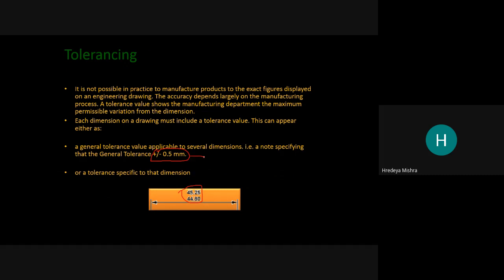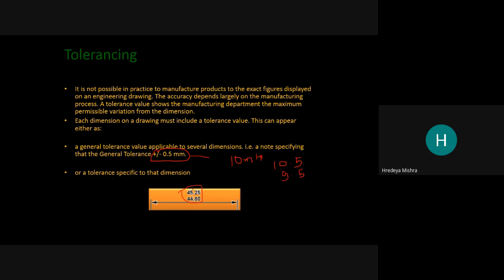What is the meaning of that? If 10 mm is the true length, then we can draw a line between 10.5 and 9.5 mm. This is the meaning of this tolerance. And if beyond this limit, we can specify the tolerance.